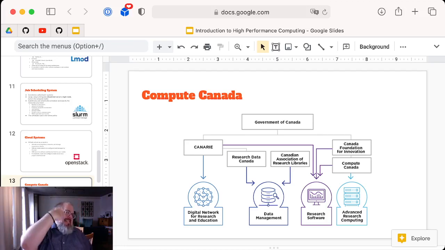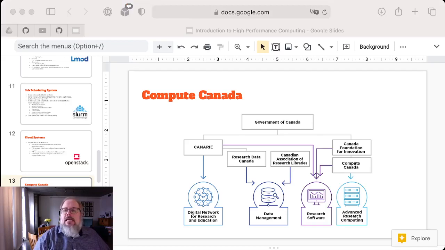And you see why I introduced ARC into this: in the Canadian context, ARC is used a lot more than HPC for some reason, okay? And that's where Compute Canada comes in. Now, Compute Canada